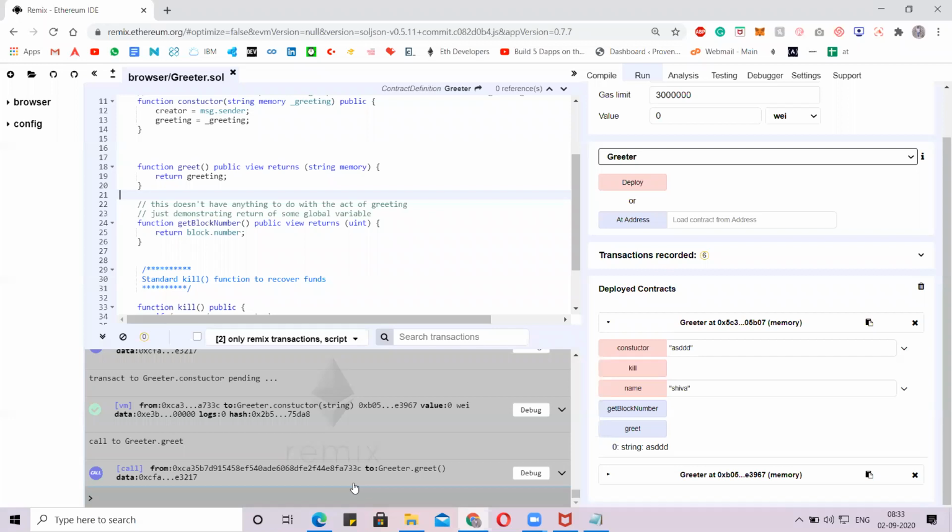Likita, great question. What happens if the return type is string, not string memory? Sorry, but string and string memory are both the same. Just be more elaborate with your question.